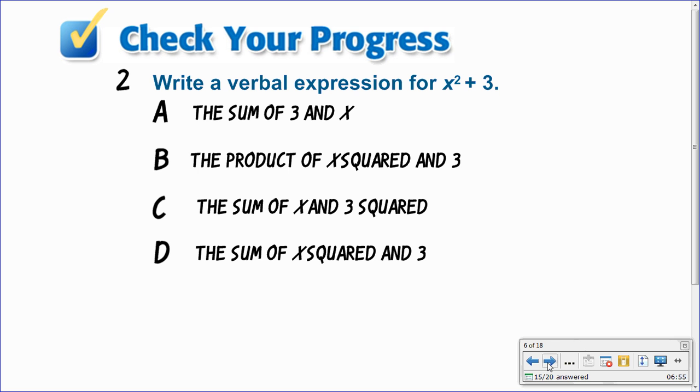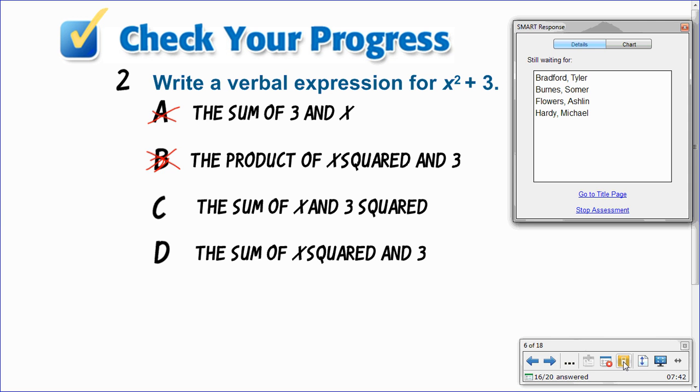So look at this one, sum. Will A work? Possibly. What about B? No. What's the product? Okay, so I could probably do one A. What about C? It's got sum in there, doesn't it? D's got sum. What would I look for next? Anything about power or exponent in there? About C? No, that says 3 squared, doesn't it? Square on 3? So the obvious choice is going to be